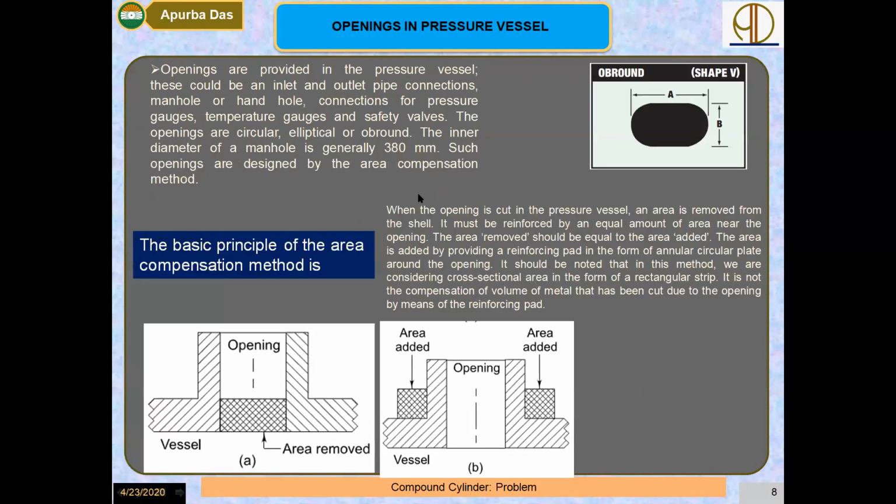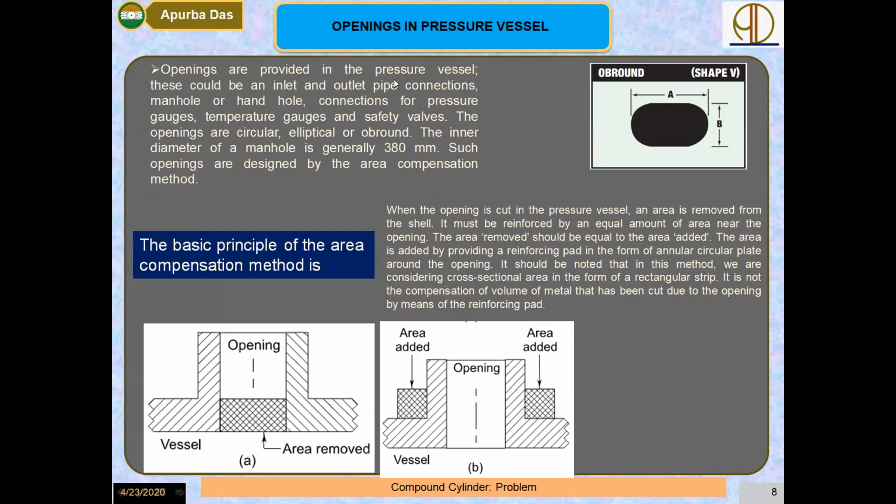Okay. So now another thing will come. In some cases the pressure vessel needs to be opened. Like you have one pressure vessel, let's say one with compressed natural gas. That compressed natural gas you need to take out through a pipe. So in order to take it out through the pipe, you need to cut a manhole and then insert the pipe. So that is called the opening of the pressure vessel.